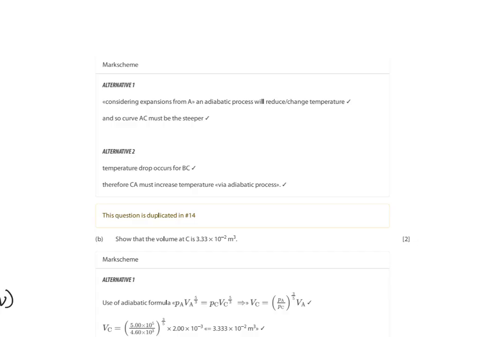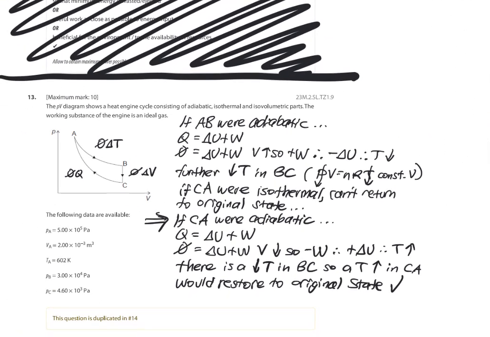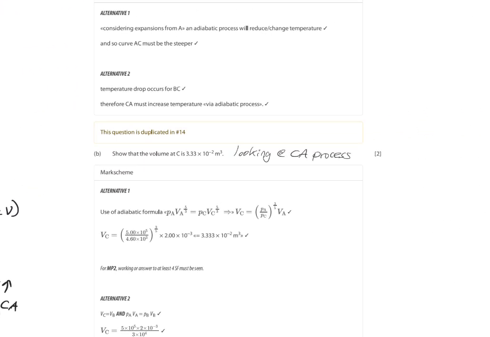And those mark scheme alternates, they all kind of say the same thing. All right, so the volume at C is 3.33 times 10 to the negative 2 meters cubed. We're looking at C here, and we know values for A, so we're talking about the CA process here. And since we know that CA process is adiabatic,